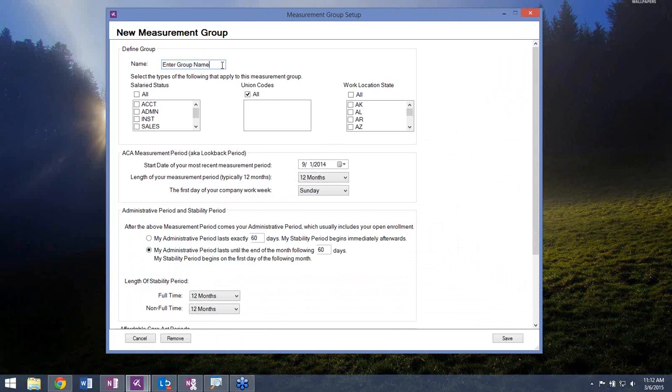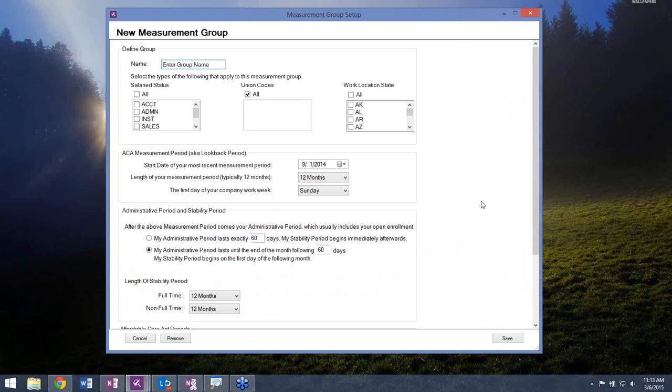According to the Affordable Care Act, in an organization, you can have multiple measurement groups. So if you had a set of employees that you wanted to have a 3-month measurement period and another set that you wanted to have a 12-month measurement period, you can set that up. There are some restrictions on what would allow you to create multiple measurement groups, and that's going to be whether an employee is union or non-union, if you have employees in different work states, and also if you have separate EINs. So you may have multiple measurement groups, and we can accommodate that within the Payroll Inspector.